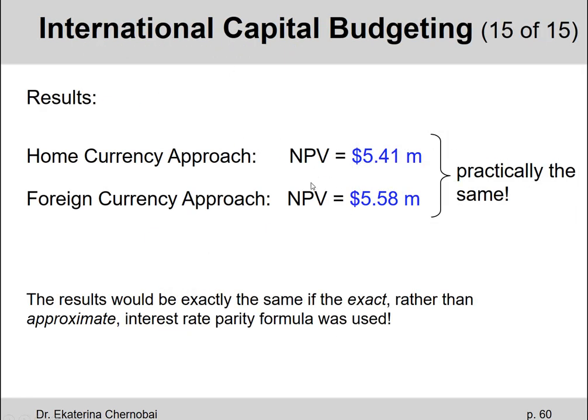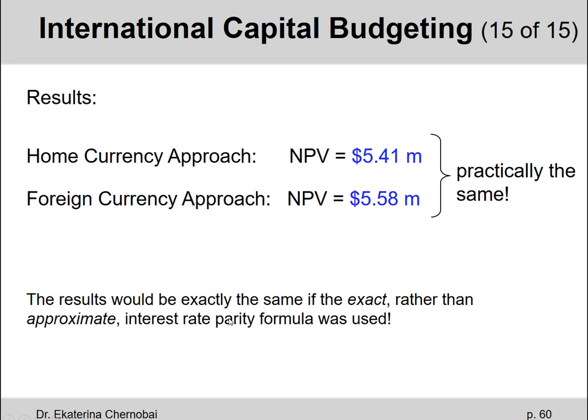Let's compare the two results from the two approaches. The home currency approach gave us the NPV of $5.41 million. The foreign currency approach gave us a very similar number, the NPV of $5.58 million. They're practically the same. Actually, they would be exactly the same if throughout all our steps for the two approaches we only used exact versions of all the important formulas rather than their approximate versions, such as, for example, the